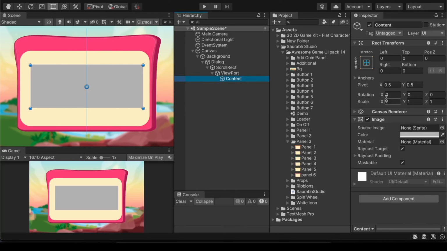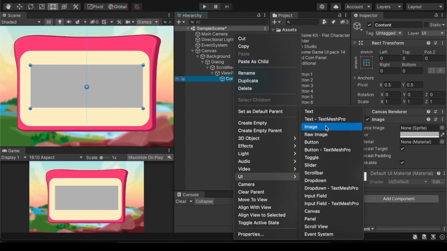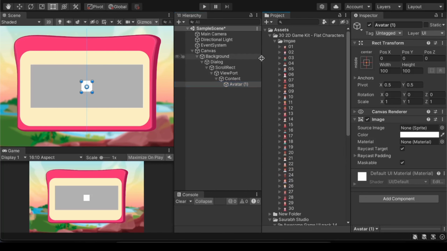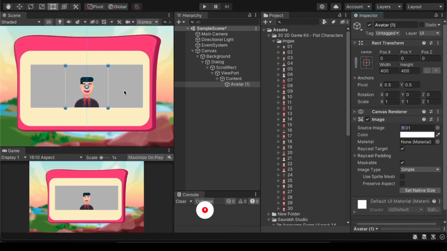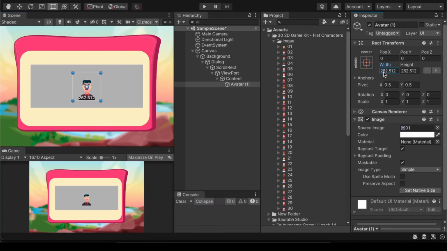Okay, great. And in content create another image. For now create an image. If you want to create a button, go and create the button. I will create an image and call it avatar 1, and in our 2D game kit flat characters choose the first avatar and set to native size and change its size to around 250 by 250. Okay,